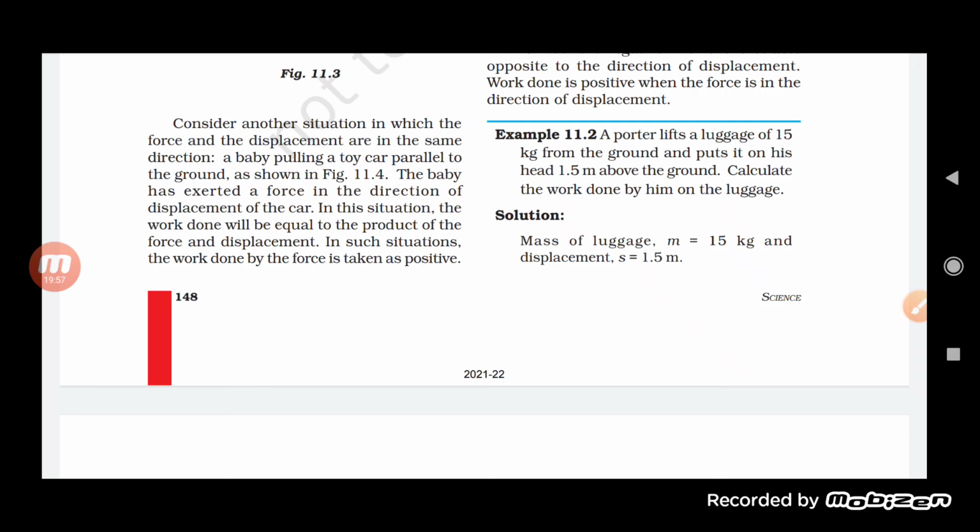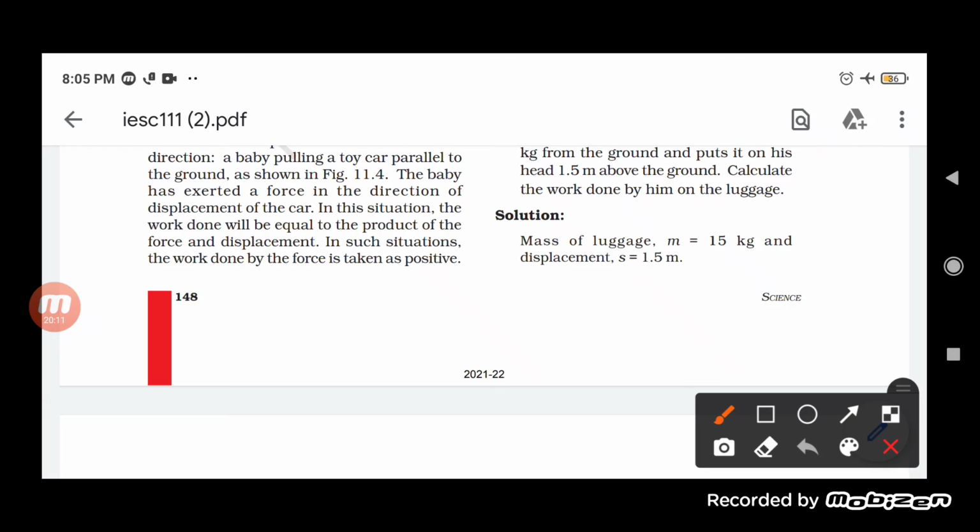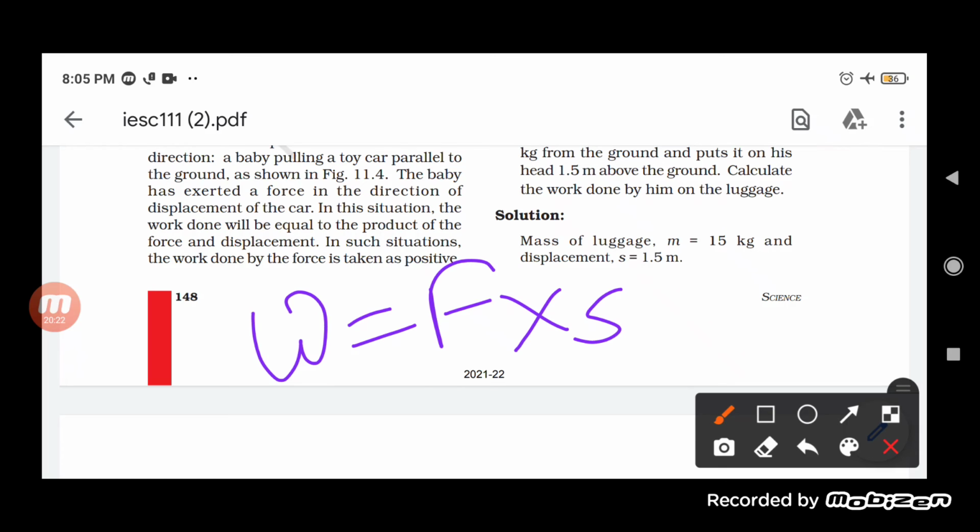Now, when we do work against gravity, work is also done, and that work is represented by mgh. How can we say it will be mgh? Students, try to understand this. Suppose you have taken a bucket full of water and carried it to a certain height. So you are applying a force on an object, and because of that you take it from one place to another.